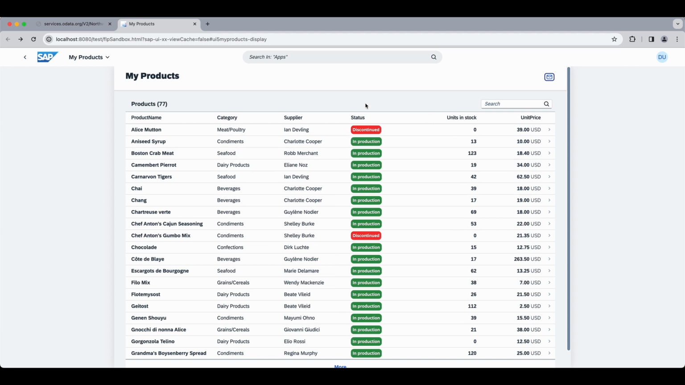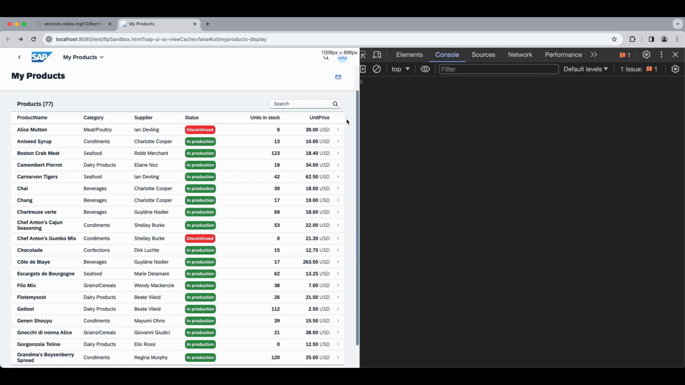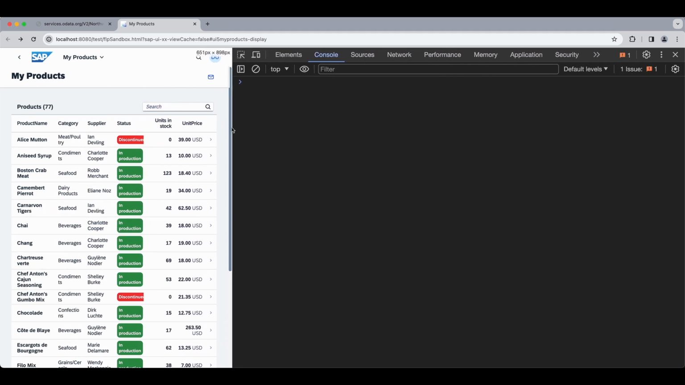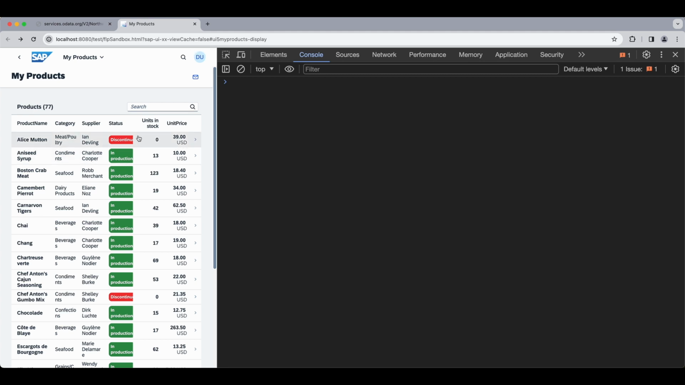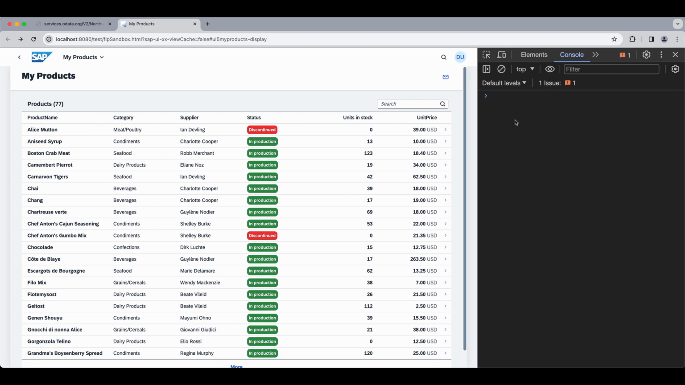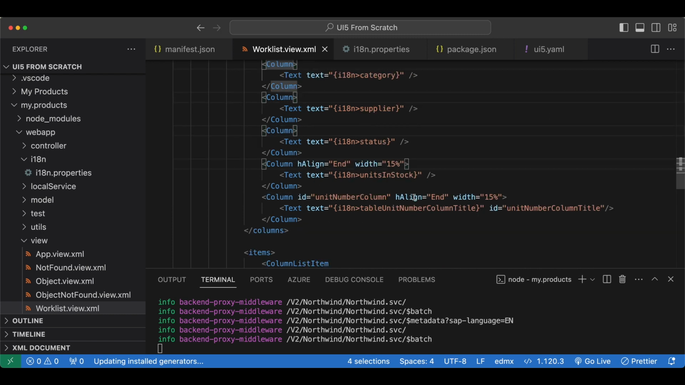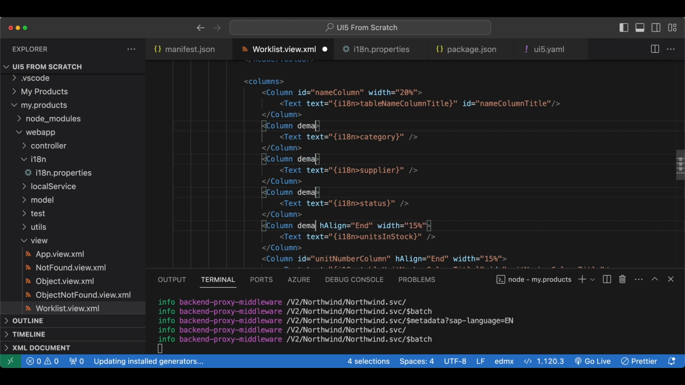Okay, this is good. But one problem we have with the table control is if we open the dev console and make the screen smaller and smaller, our cells or columns will start overlapping each other. But we have a super simple solution for this via another attribute of our column control, which is named demand popin. So I will select all the columns except for the product name and the price column, and I will say demand popin